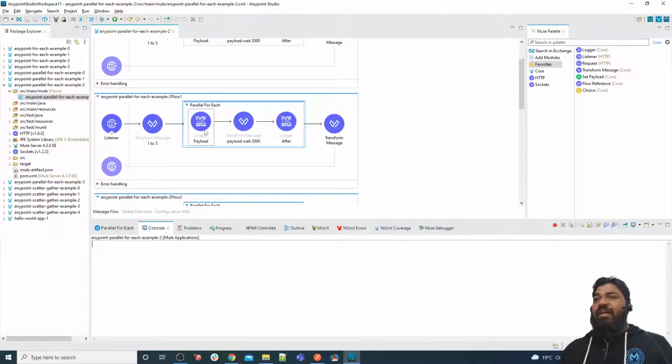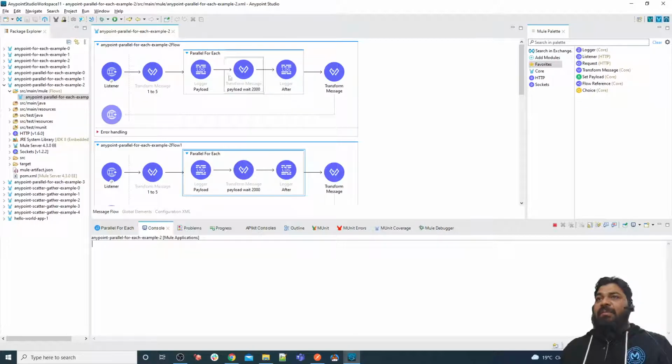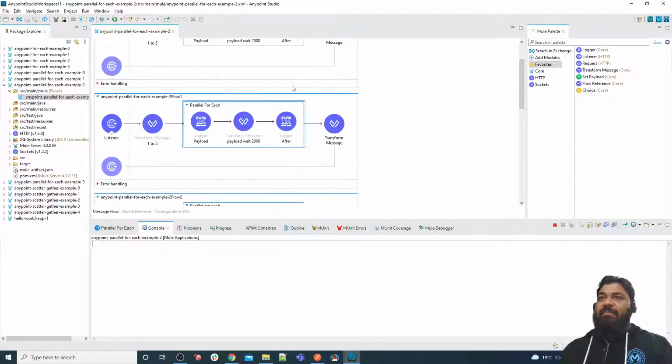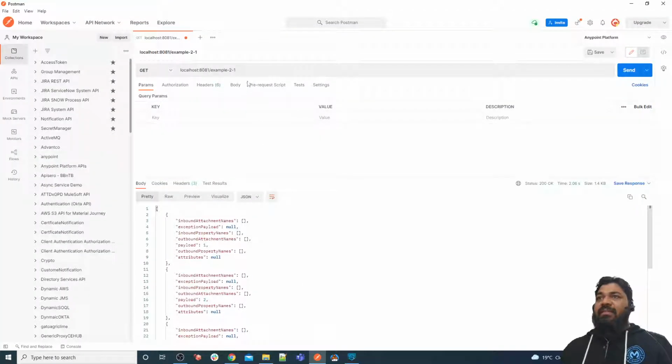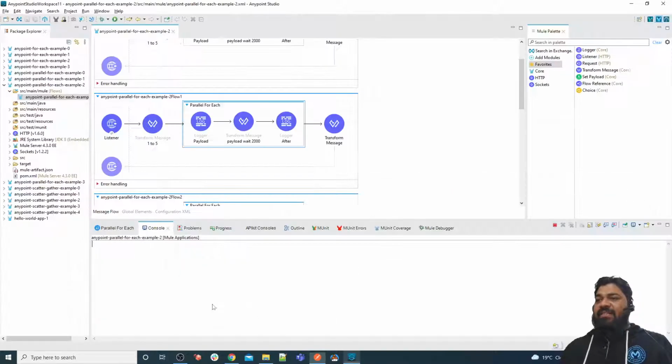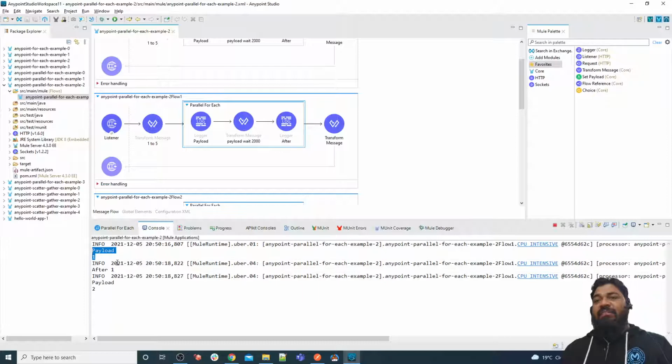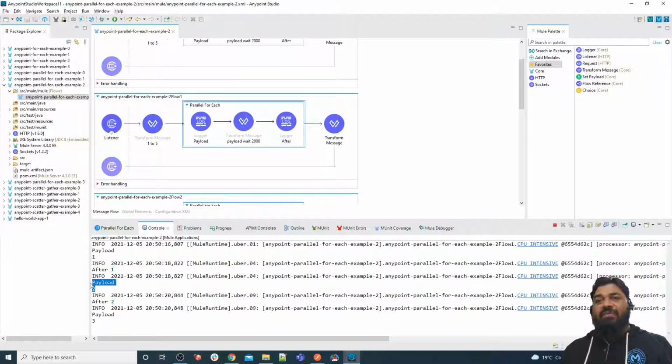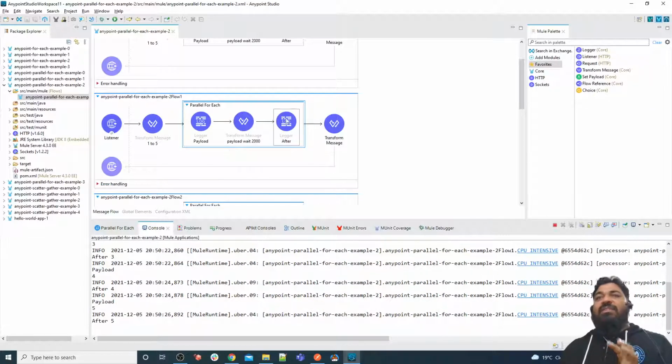We are providing 1 to 5 here, but in the previous case all of 1 to 5 printed in parallel, then every record waited for 2 seconds, then the "after" printed in parallel. But in the second use case of example 2, as you can see, it first waits for 2 seconds, after that waits 2 seconds for the second, then the third, then the fourth, so the records are processed one by one.